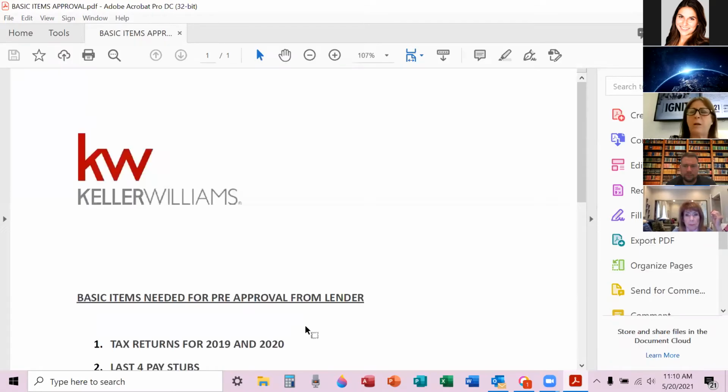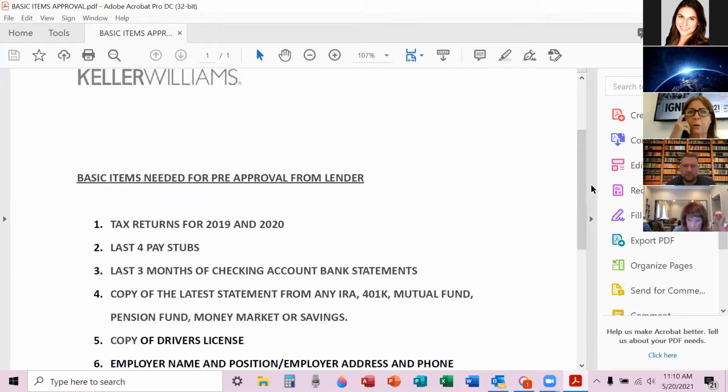So if you're working with a buyer and you want to get them pre-approved with your lender or one of our lenders, they have to have the following items, and you can help them get organized to get all the stuff together, right? You need the tax returns for 2019 and 2020. If it's a stated income loan, they're going to need the tax returns, of course, and bank statements for the last 12 months, last 4 pay stubs, last 3 months of their checking and banking accounts,